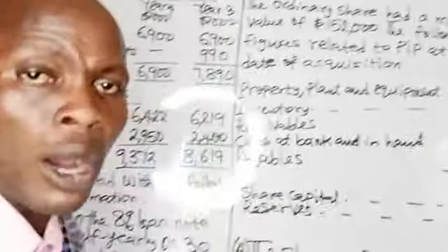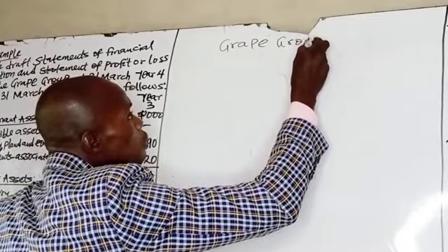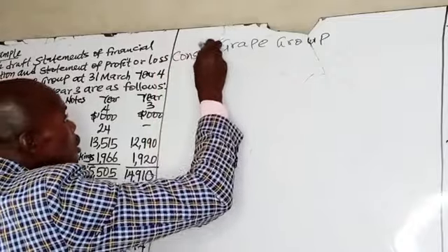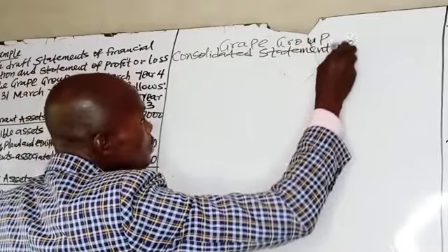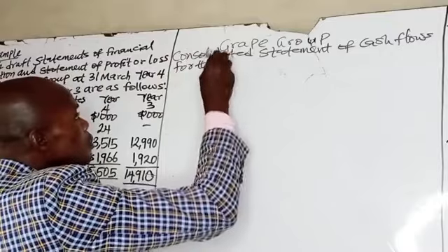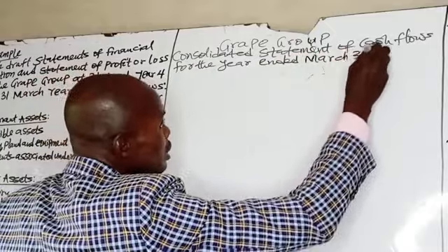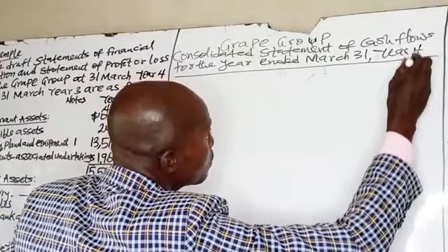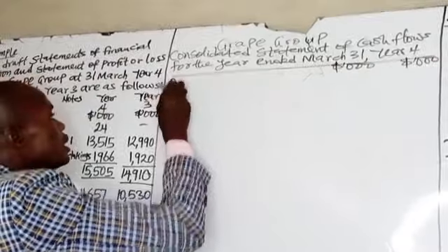Now let's have the solution to the question. Grape Group consolidated statement of cash flows for the year ended March 31st, year 4. So the first heading will be the operating